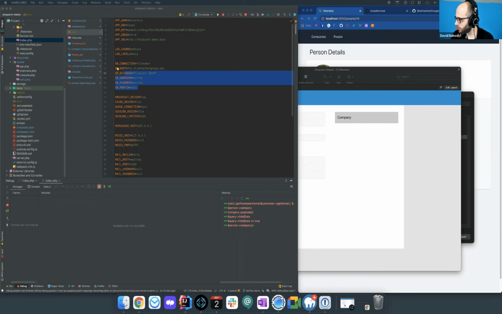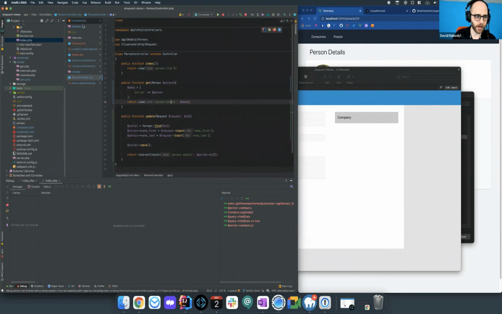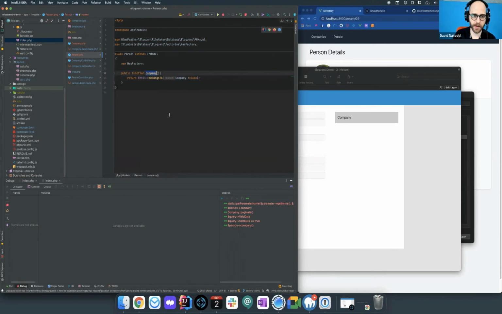How does the person find the company, similar to eSQL? So the find function: how does the person find the company? Okay, so in our person model, we defined this function company, which uses this fancy Laravel function called belongsTo. When you use this belongsTo function, we're telling Laravel that this entity person belongs to a single company. The parent record is a company, and there should be a foreign key in this record that points to